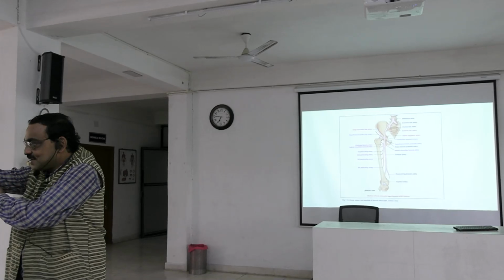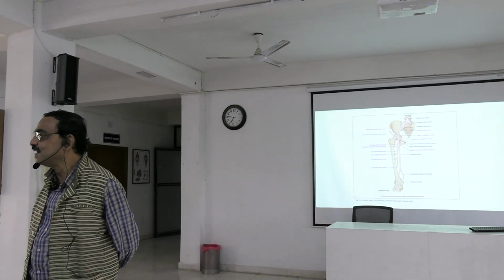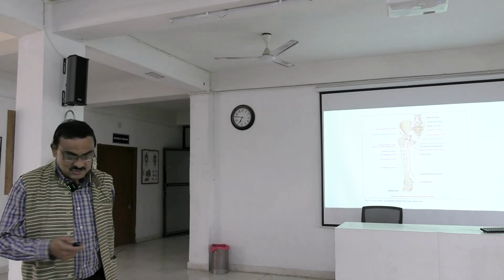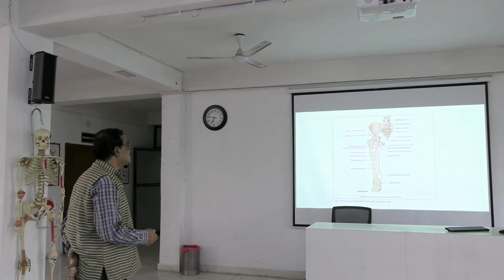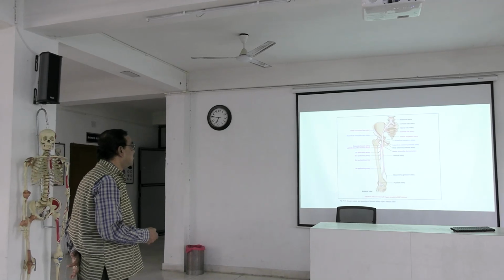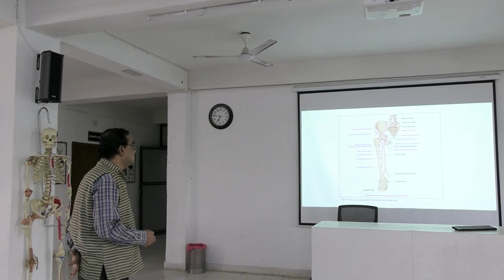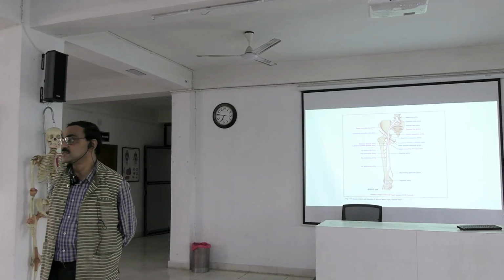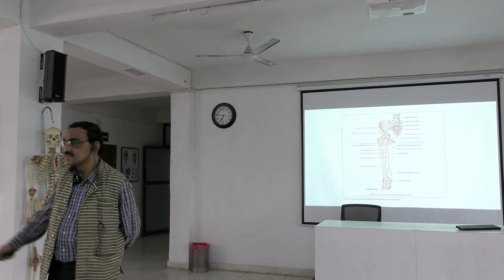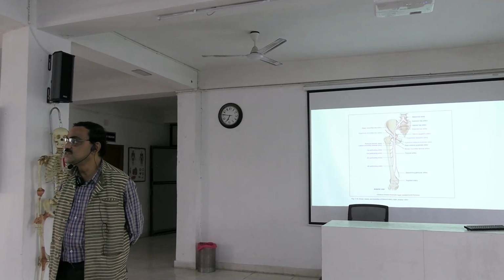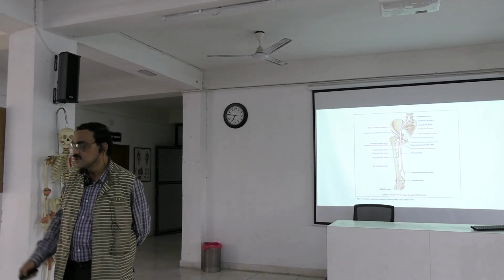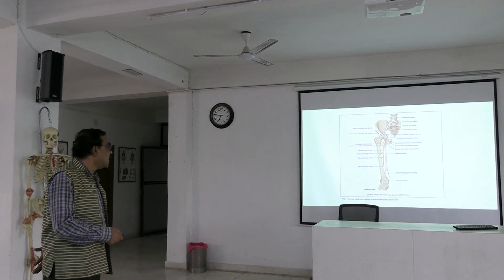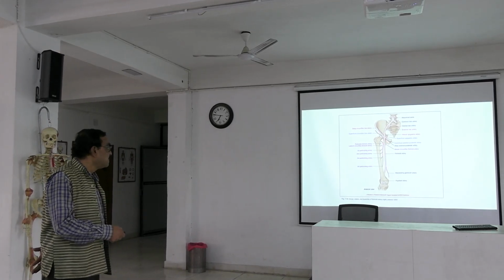Similarly, here we are getting arteria profunda femoris. So this artery is also called the deep femoral artery, from where we are getting several branches, okay, which perforate the adductor magnus muscle. On the medial side, we will see that there is one muscle, the adductor magnus, and that muscle is pierced by these several branches